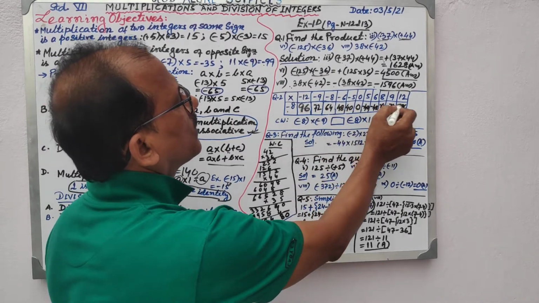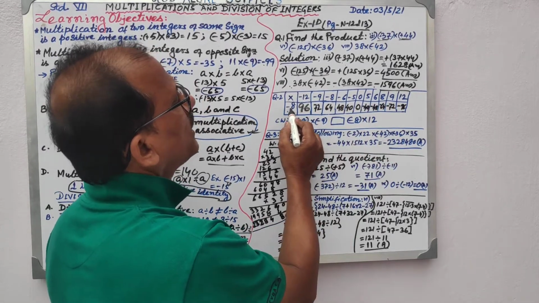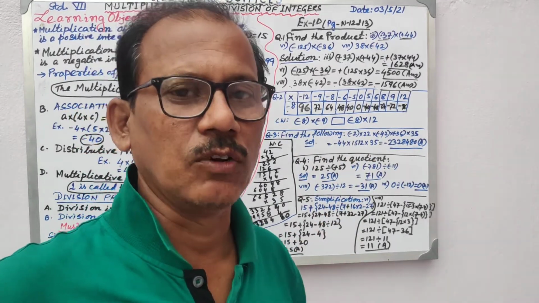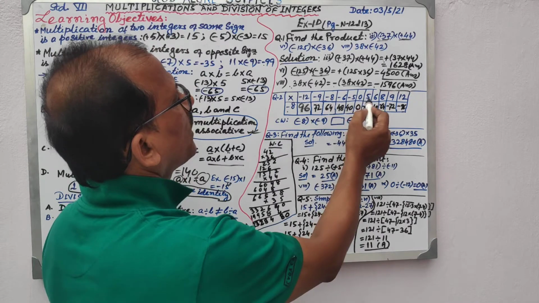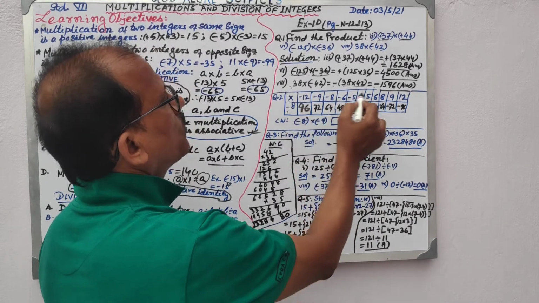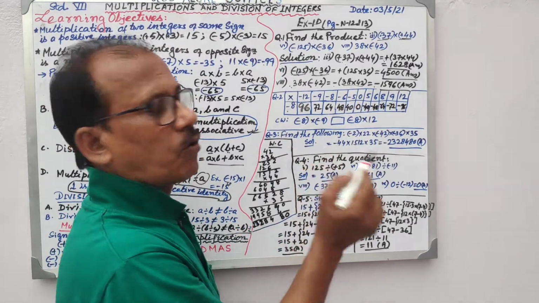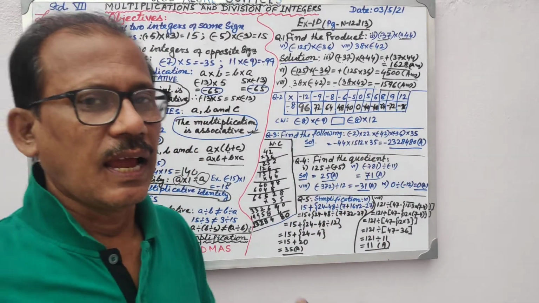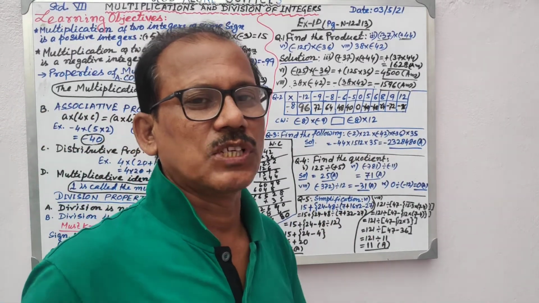Like this, if you do it, you will be able to. Minus 8 multiplied with the integer 0, when you multiply any integer by 0, the value will remain 0. Minus 8 multiplied with 5, 5 8s are 40, but it will carry a minus sign. Like this, you have completed the table, and below there are some questions where you have to fill in the blank.